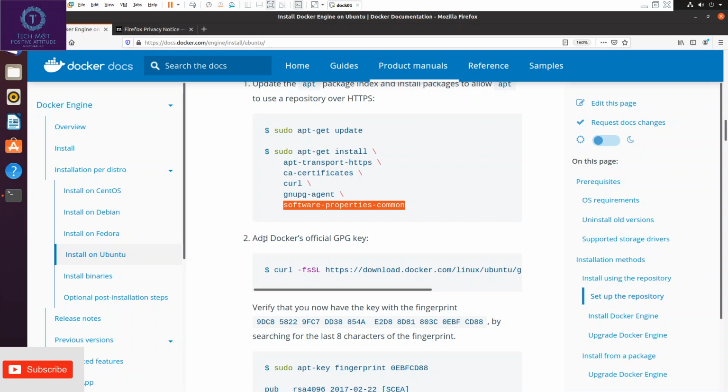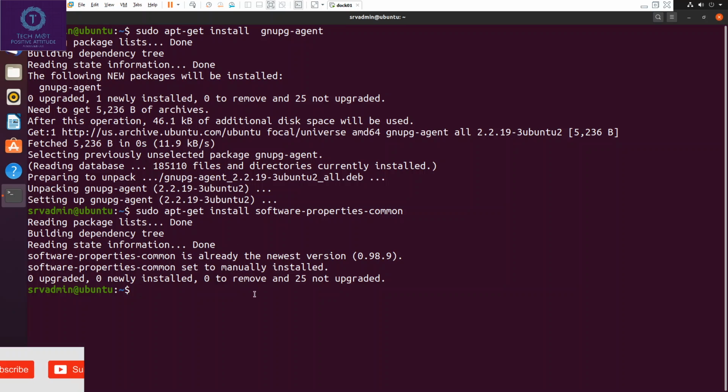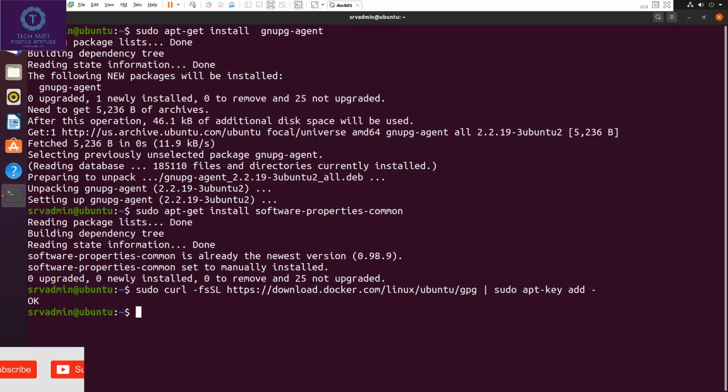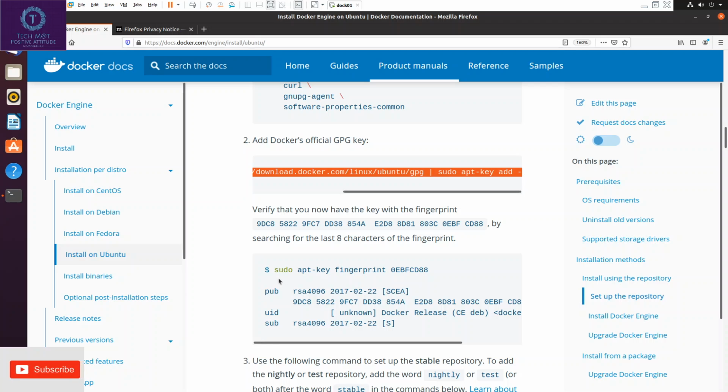Next is to add Docker official GPG key. To do that, this is the command, sudo. It says OK, means it's completed successfully.